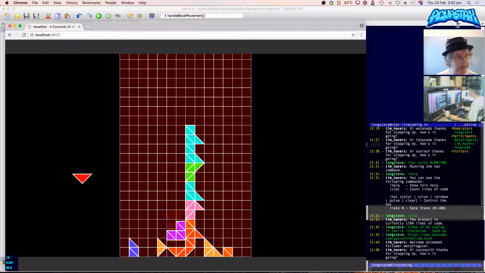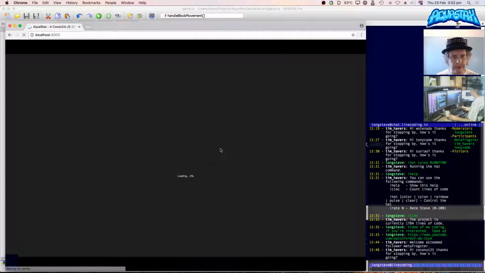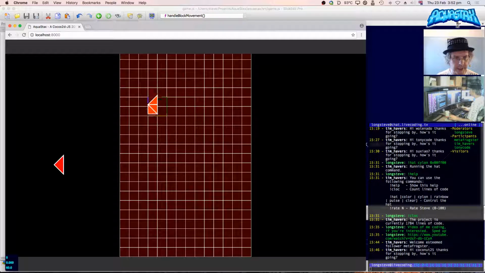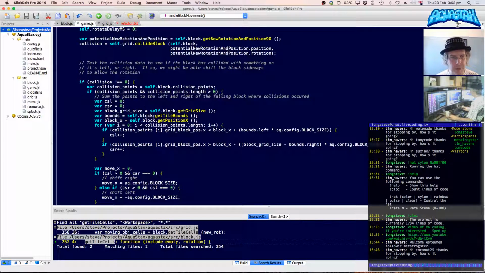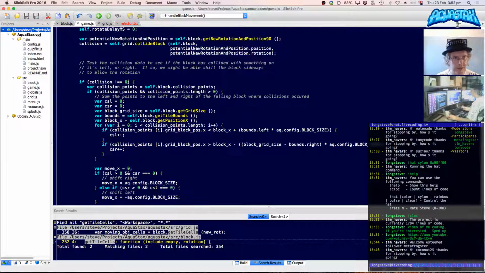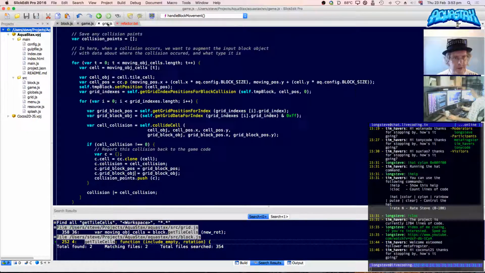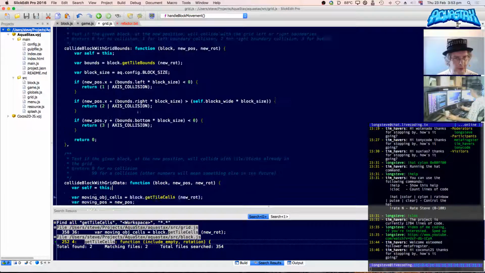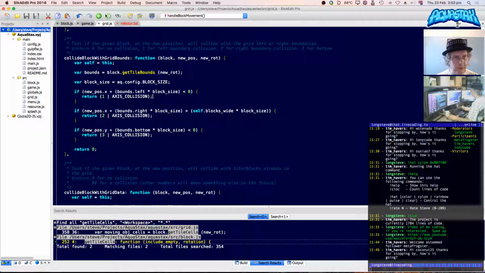Right, rather pleasing. And it's only been 50 minutes so far since I started. So now let's just confirm that it's not going to work when I hit the edge of the screen. Yes, so now I'm stuck on the edge of the screen and I can't rotate because this logic doesn't cope with that. But I should be able to quickly handle that because I know that edge of the screen gets returned as one of these variables.